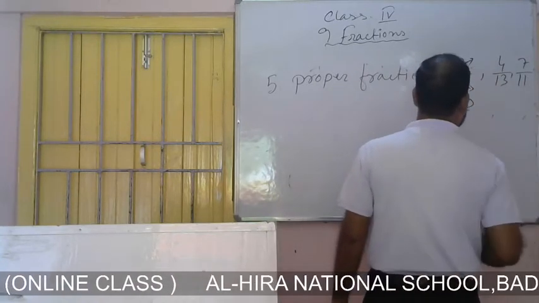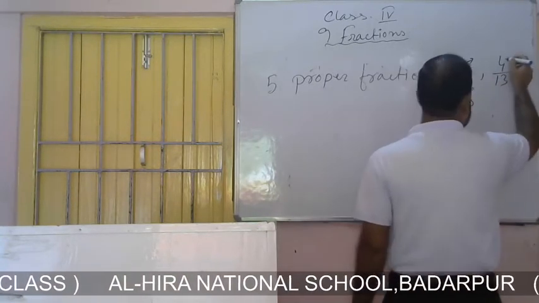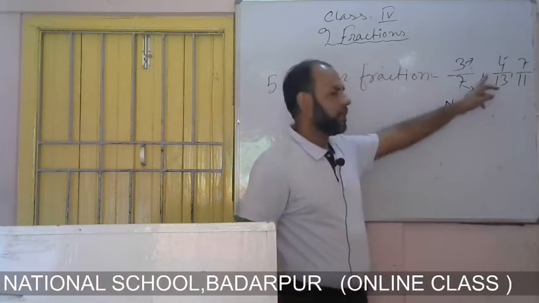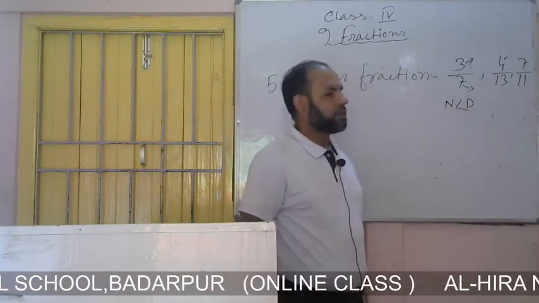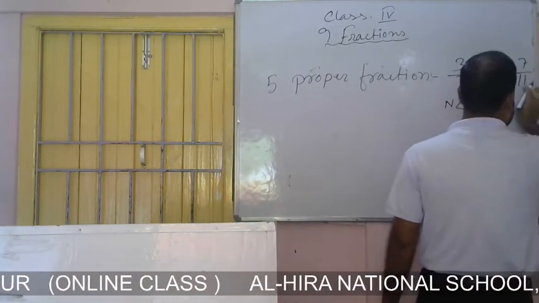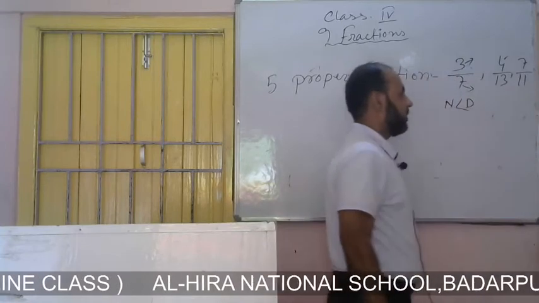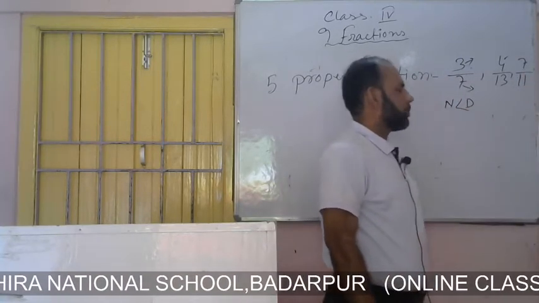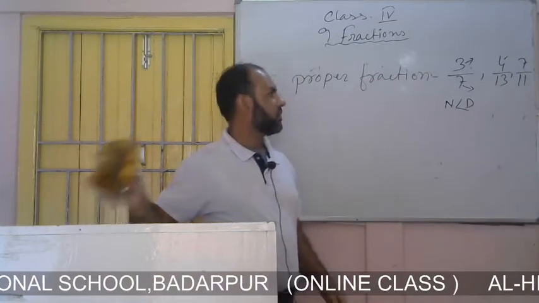So this fraction is a proper fraction. Here also 4 is smaller than 13, so this fraction is also a proper fraction, and 7 is smaller than 11, so this fraction is also a proper fraction. Next,